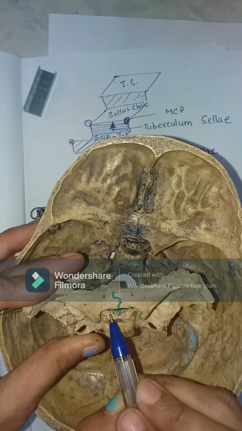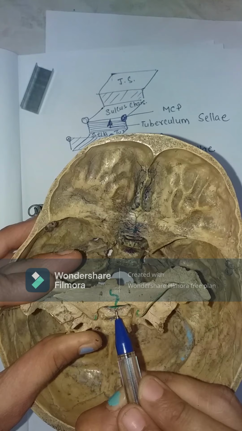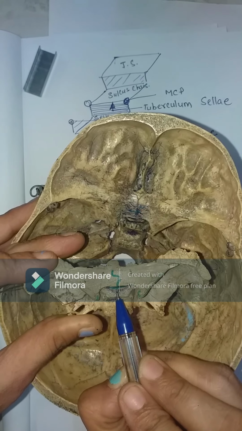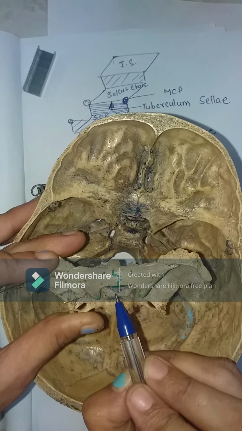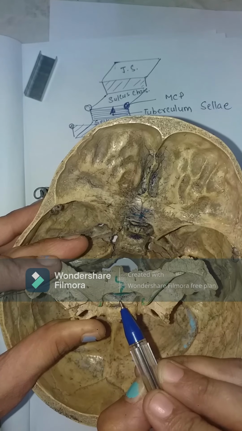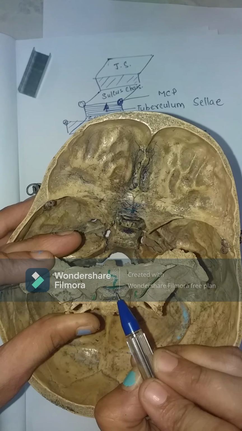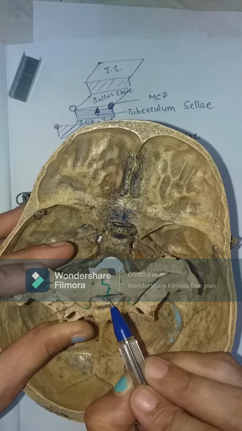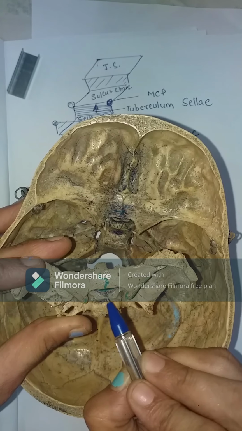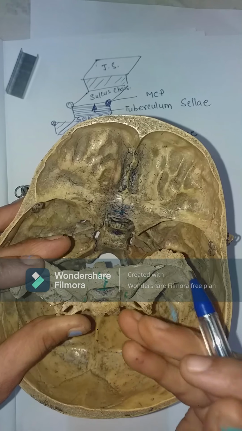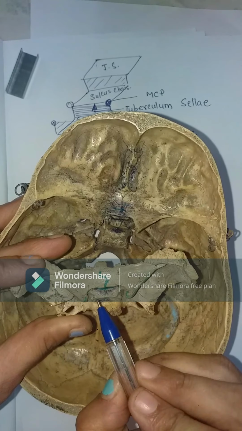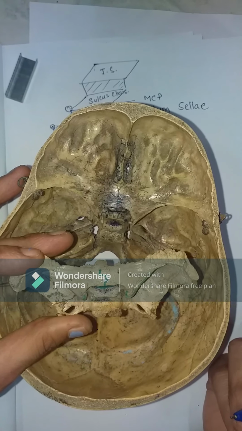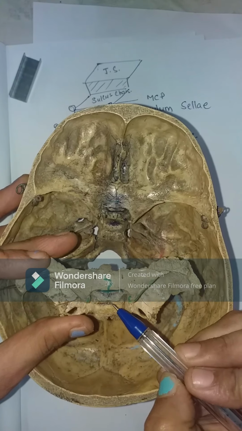They call it prechiasmatic sulcus for the simple reason that chiasma refers to the optic chiasma. Previously it was believed that it overlies this area, but now it has been proved that the optic chiasma lies posterior superior to this part, and that's why we call it prechiasmatic sulcus. Pre means anteriorly. This sulcus lies anteriorly, while the optic chiasma lies posterior superior to this sulcus. So you may call it prechiasmatic sulcus also. I belong to the old school, so allow me to call it sulcus chiasmaticus, please.